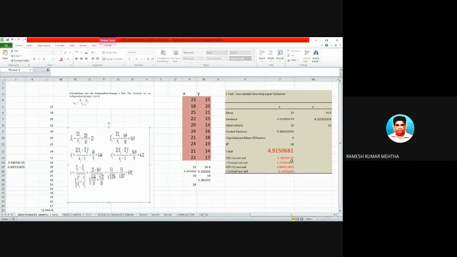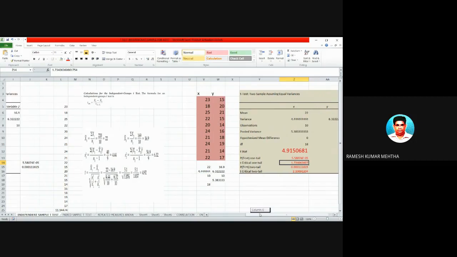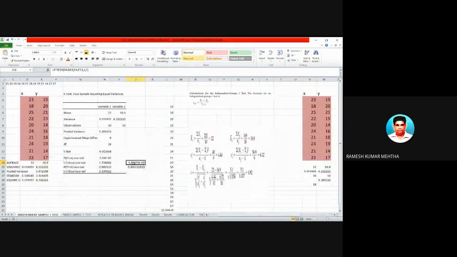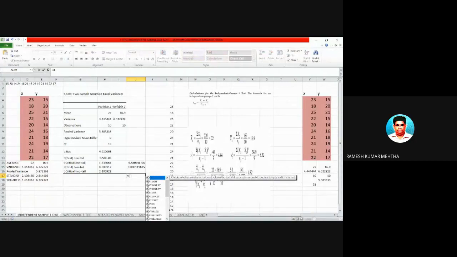Now your doubt will be, sir, how did you get this figure of 5.58, infinity and all that stuff, and this one for 1.73 and the other things? To do this, we'll go to this place. How did I arrive at this? There is a command, equal to T. If I just type T, so many commands are there. In this one, I have to select T.TEST because I am conducting a T test. So I will double click it,